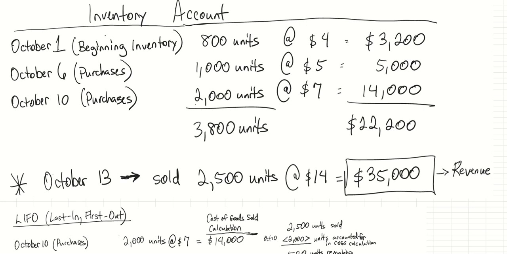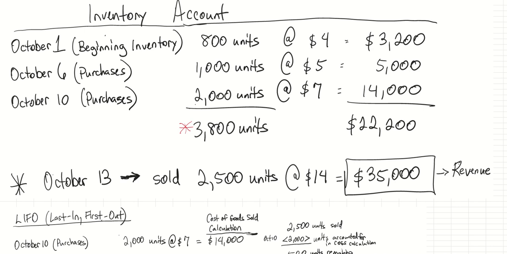In this video, I'm going to use the LIFO method given the same example that was used using the FIFO method when determining the cost of goods sold and the ending inventory balance. As you can see here, this scenario doesn't change from the FIFO method. You have